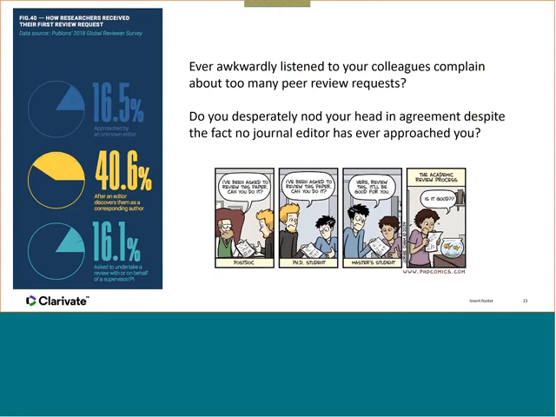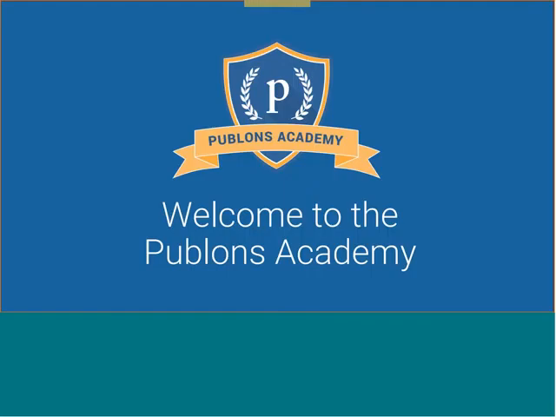And this course is seeking to answer these questions. You agree to help with a peer review, or sometimes your professors might ask you, do you want to co-review this with me? Then he'll pass you the full text and ask you to do a review and come back to him. But he doesn't actually teach you how to do that review. So Publons Academy will guide you in this process.